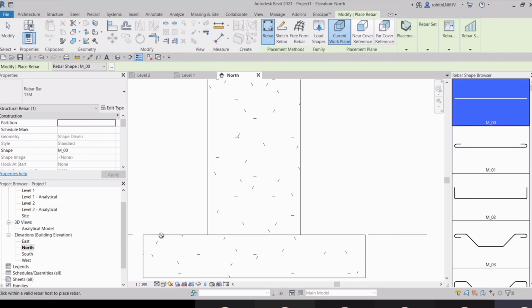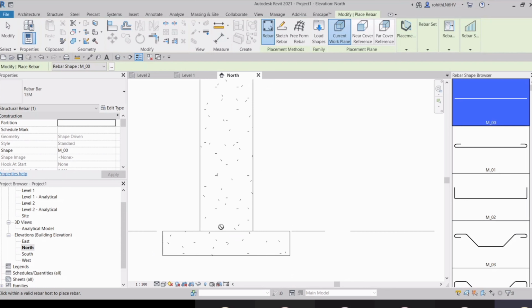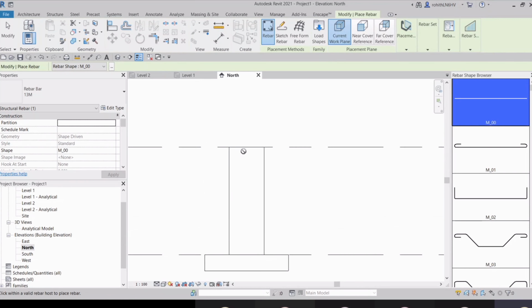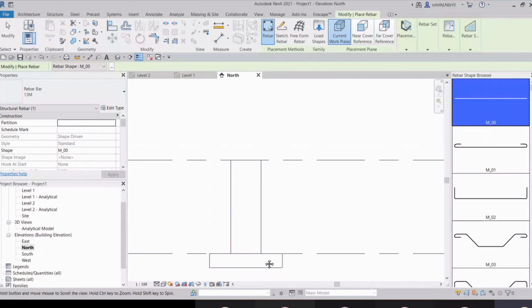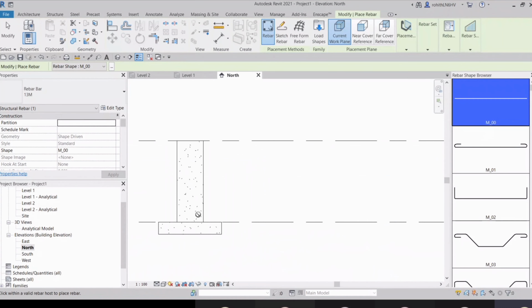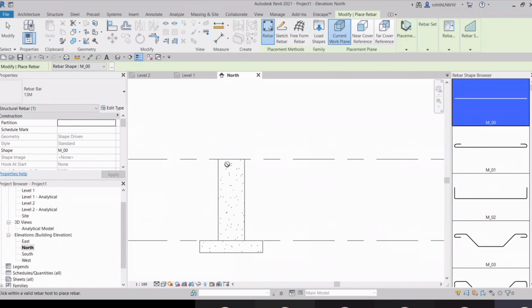So that will be applied here. And if you are currently at this level 1, this will be the near cover. If you are currently at this level 2, that will be the near cover. But if you are at level 2, the one closer to the level 1 will be the far cover. And if you are currently at level 1, the one closer to the level 2 will be the far cover.